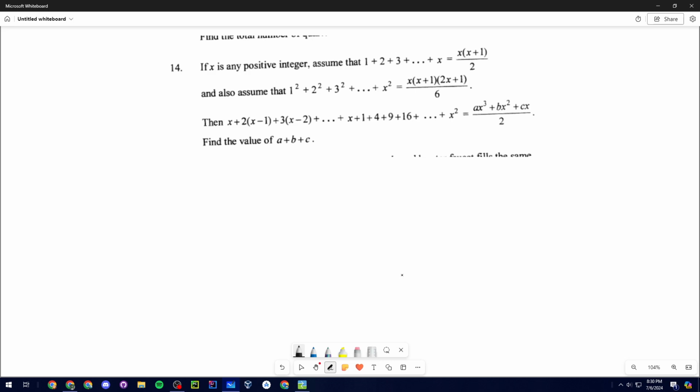Okay, that second part is really easy to write. And I think what you have to do is find an expression for it and then figure out what you want to do from there. Like, you have to find an expression and then combine them, and you'll get something in the form of ax cubed plus bx squared plus cx. Okay, so